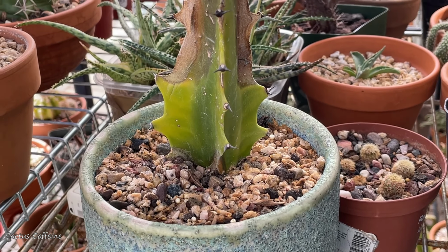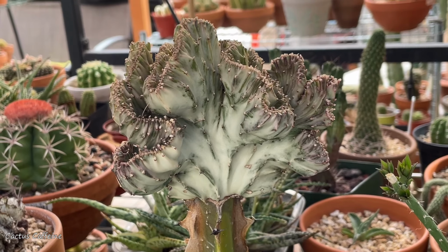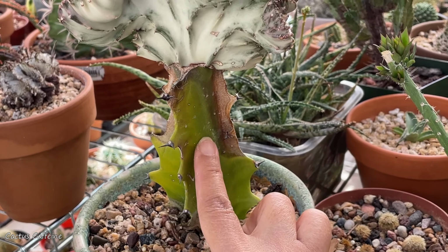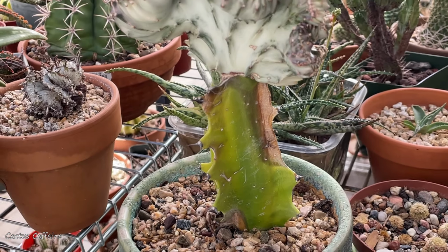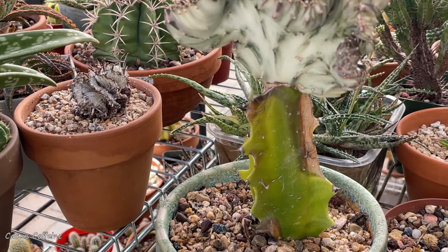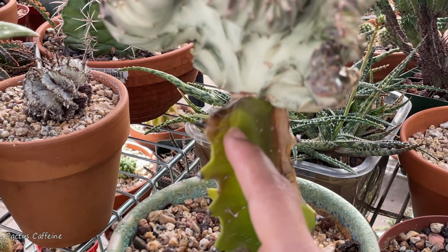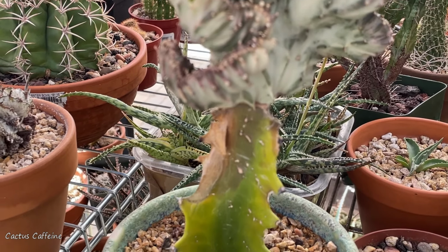Here is another casualty for the summer, my grafted euphorbia. This is Euphorbia lactea. So when I got back, I noticed that the rootstock, this one at the bottom, was yellow, and I moved it here under the shade, but after a few weeks the yellowing turned into brown on the sides, and look, the browning is spreading to the middle, and I'm afraid that the rootstock is